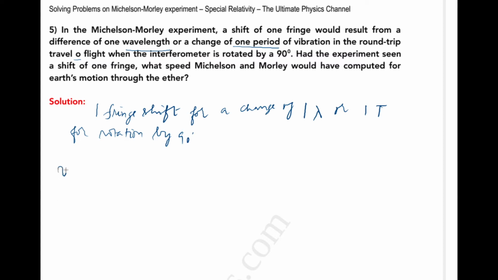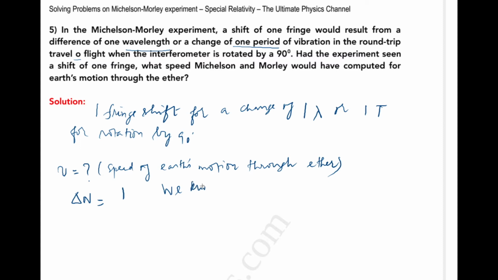So now what is v? Because from our expression we know that the speed of Earth's motion through ether is v. The speed of Earth's motion is what is asked here, right? So we have to calculate v here. So we know that del n is the fringe shift. Let us call that del n or n. It doesn't matter. That is 1 here. So we know from our expressions that del n is equal to